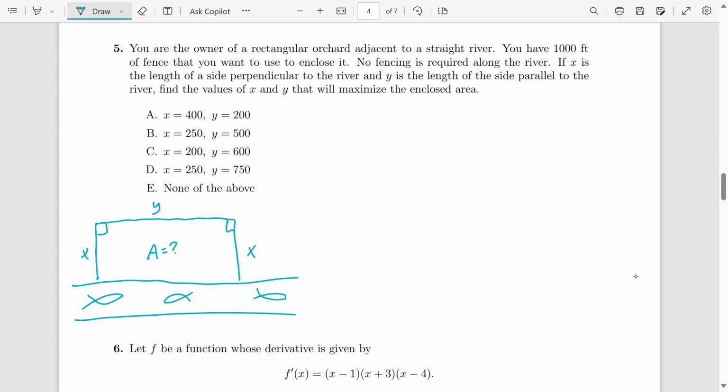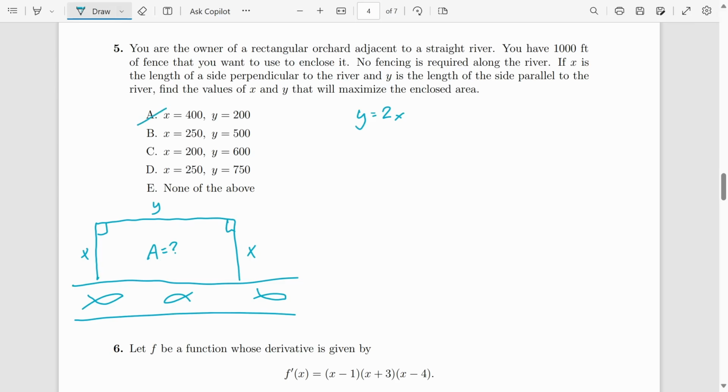For every single one of these fence-built-along-a-straight-river problems, y is always going to be twice x. So y is always going to be double what x is. So you can just run through each one of these answer choices and see which one fits that. And then if there's multiple, you can manually calculate what the area is going to be and choose the bigger one. So using these,